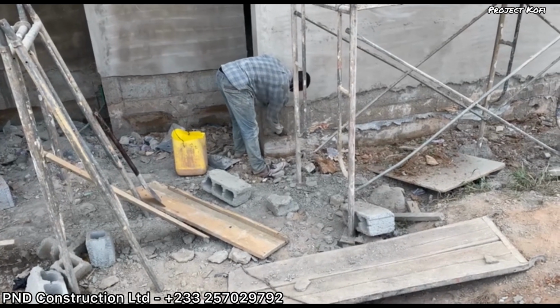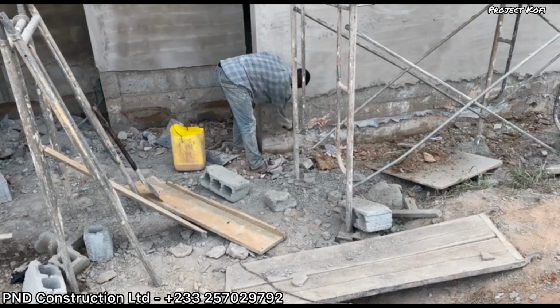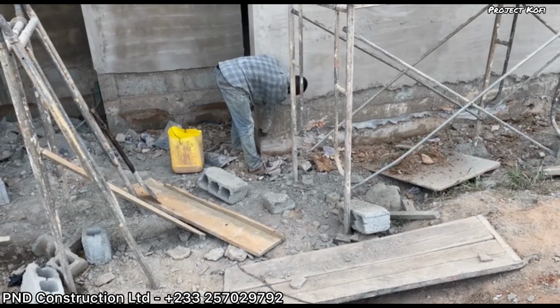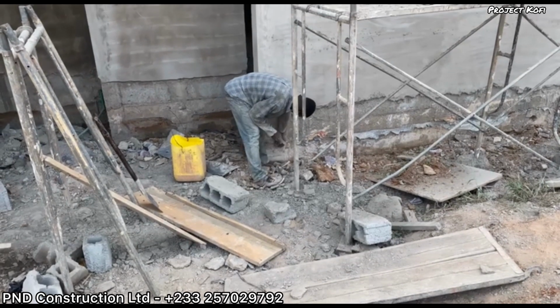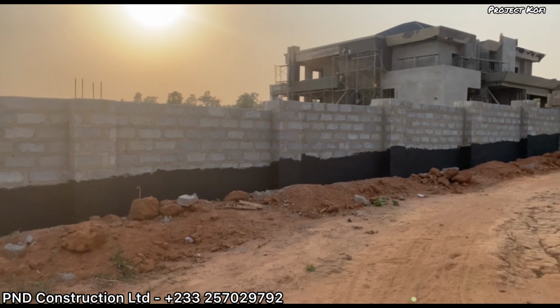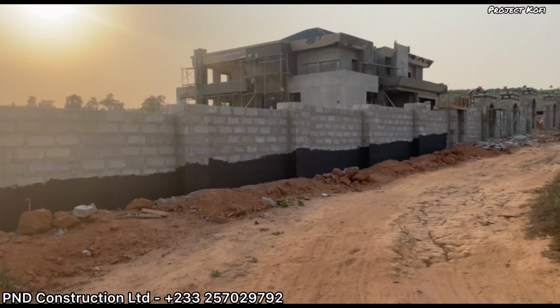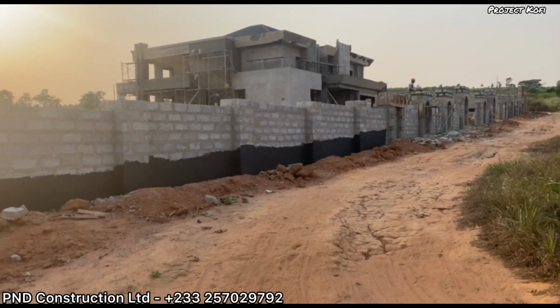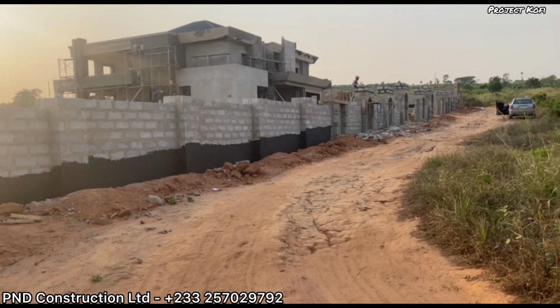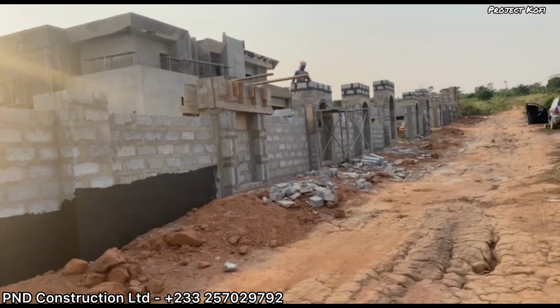So that process needs to be done correctly. Once the latex is put on, as Prince said, and the plastering's done on top, you'll see later in the video a slight difference in where it is. But once you've done the plastering, we always say just do a whitewash of the building. That protects the building as well. It might look like there's a slight difference, but once it's had that one coat of whitewash,